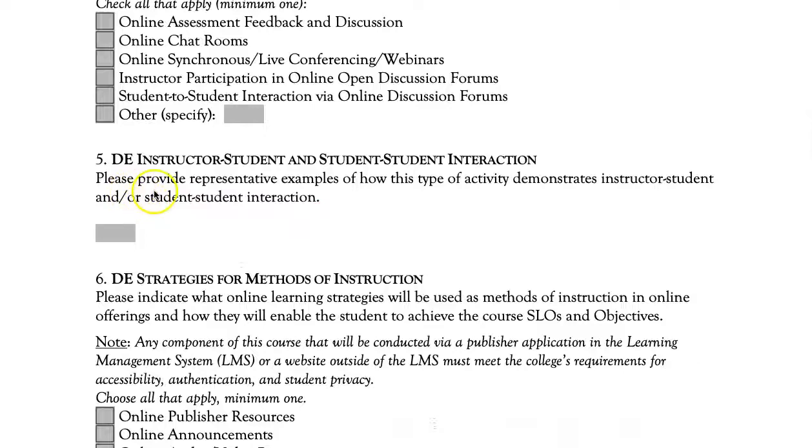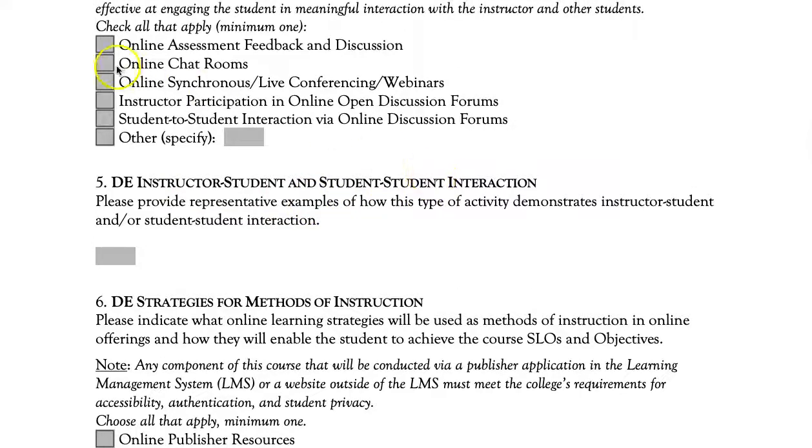And then we want to explain and provide examples of how we would demonstrate instructor-student and student-to-student interaction. For example, we would explain how we use maybe rubrics or the speed grader, how we might use chat rooms, or how we might use a variety of apps or tools like Pronto, etc. You might explain how students interact with each other via online discussions or assignments. Remember, we want to make sure that the examples that are provided will be applicable to all sections taught, regardless